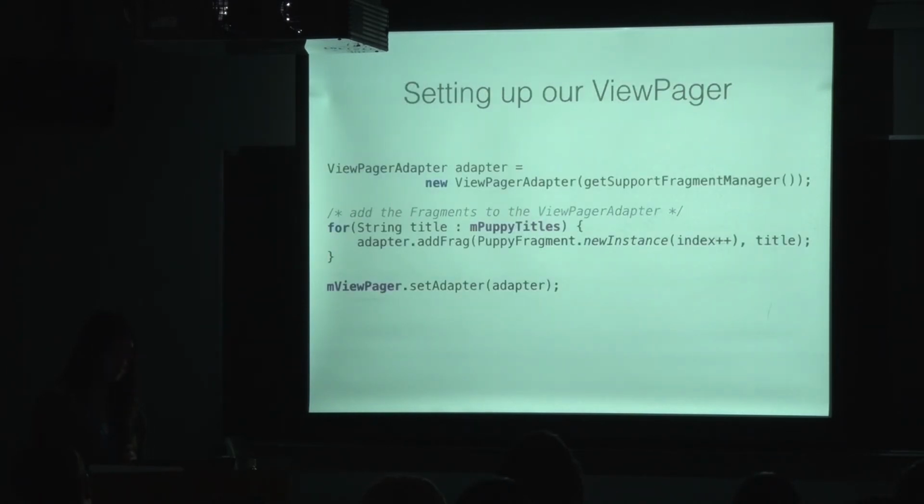So in order to use the ViewPager, we need to create an adapter that extends FragmentPagerAdapter, passes in a FragmentManager and invokes its superclass. The implementation, again, is not shown here, but you can access the Puppy's ViewPager sample code in my GitHub repo. In our main activity, we'll need to create a new instance of our fragment and then add the fragments to the ViewPager adapter.